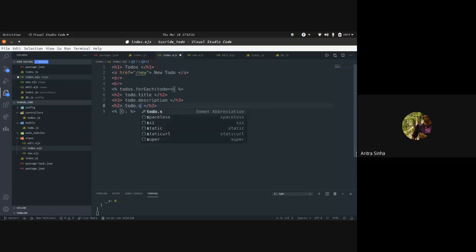After that we can add the status, and in the end we'll add the date, toLocaleString. We'll add it later, like we'll beautify the date accordingly. So what it will do is it will print all the to dos which are present there.